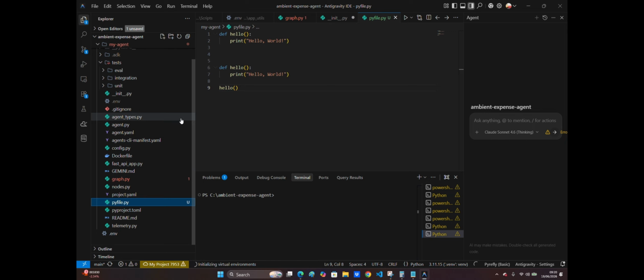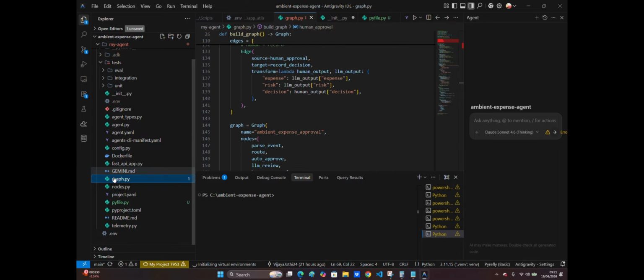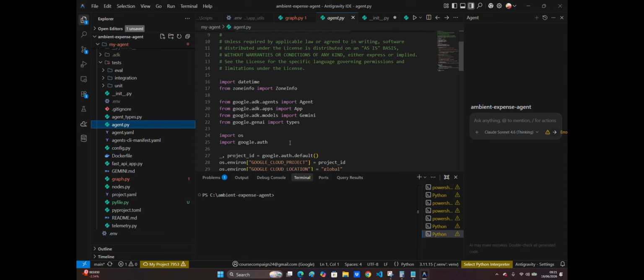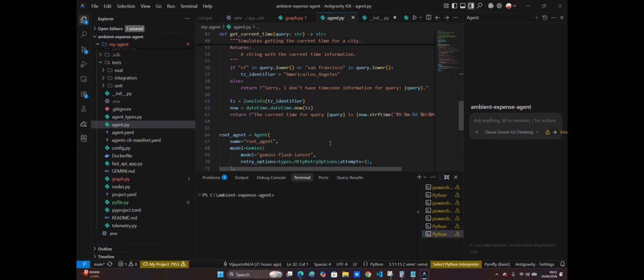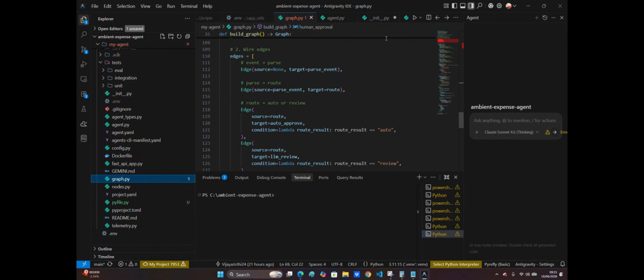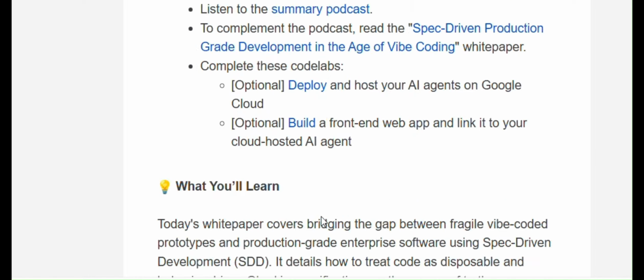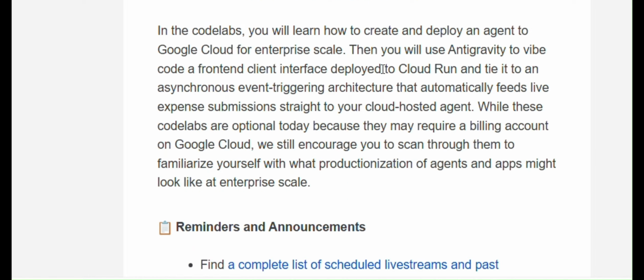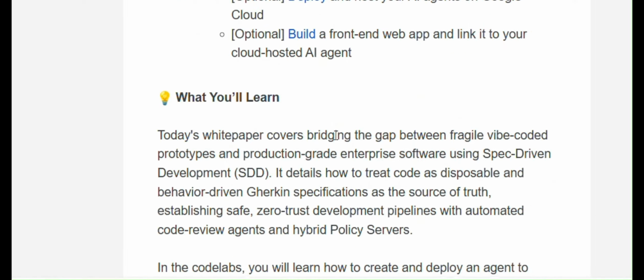We can deploy it to Cloud Run and review the end-to-end architecture, and we can inspect the execution graph and verify the output, and check the agent's